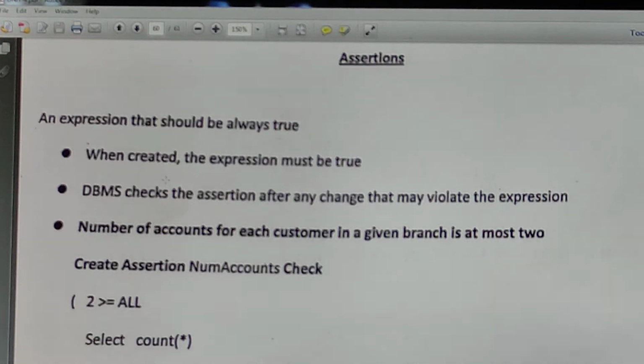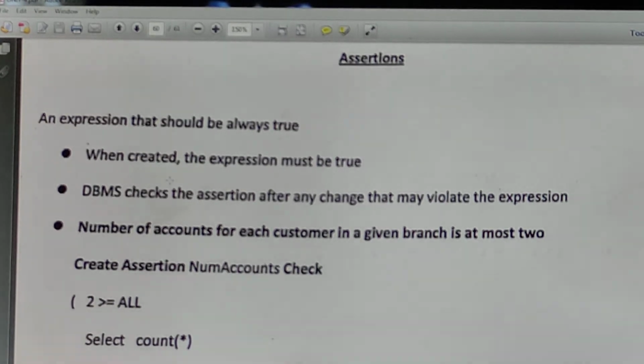It doesn't perform any action. This is the main difference between a trigger and an assertion. Suppose I have to make sure that every customer in a bank can have at most 2 accounts, right? So we have kept a condition on this using the assertion. An assertion is almost similar to the check constraint that we have studied in SQL, right?